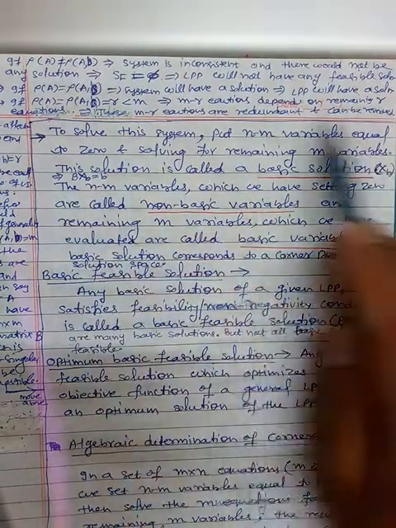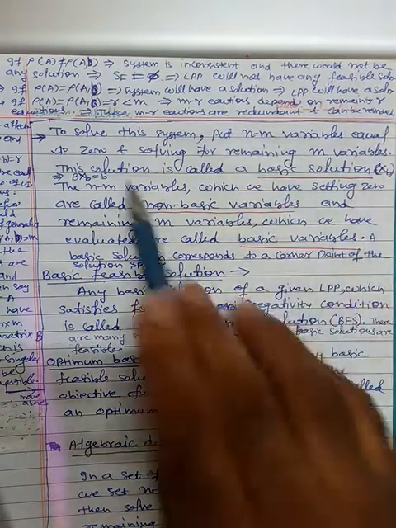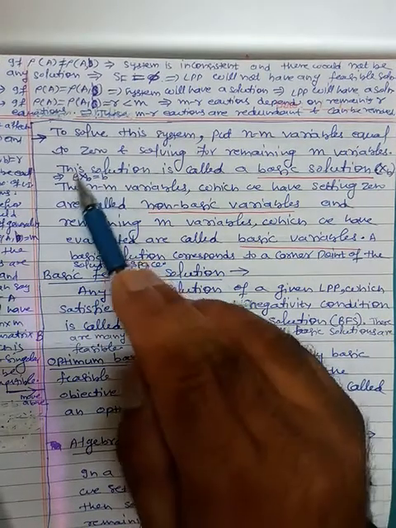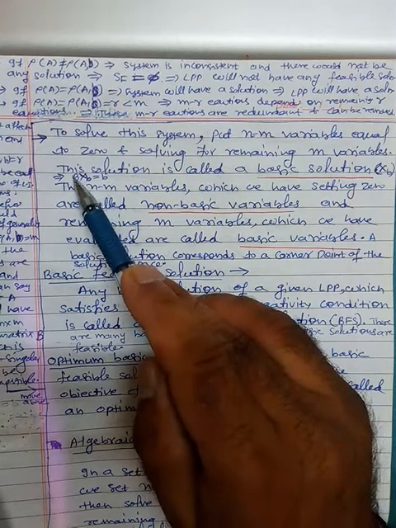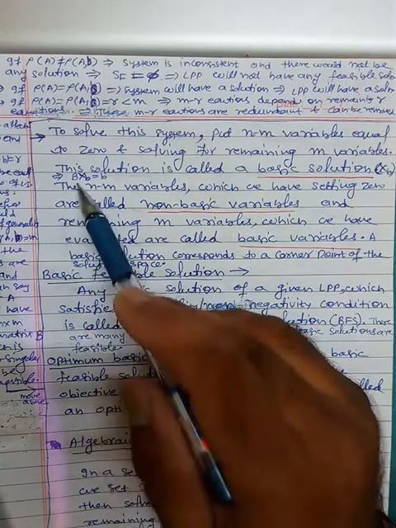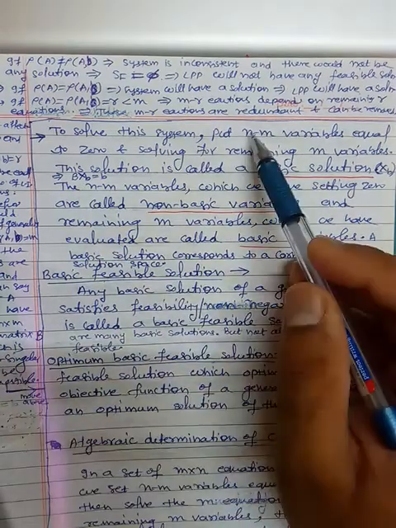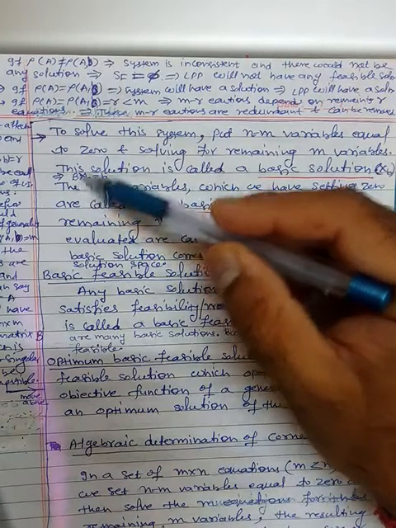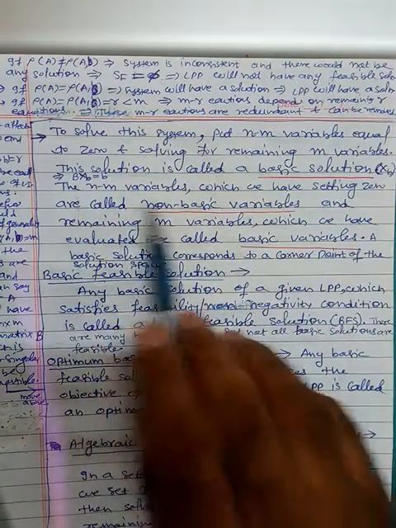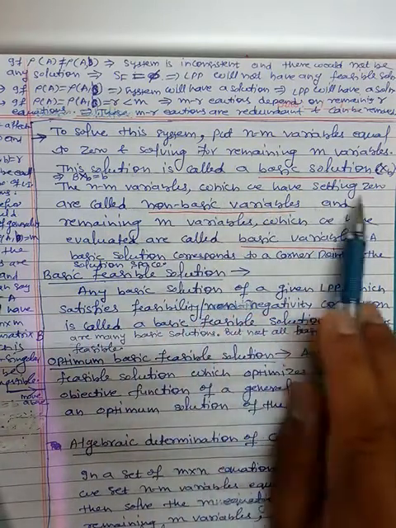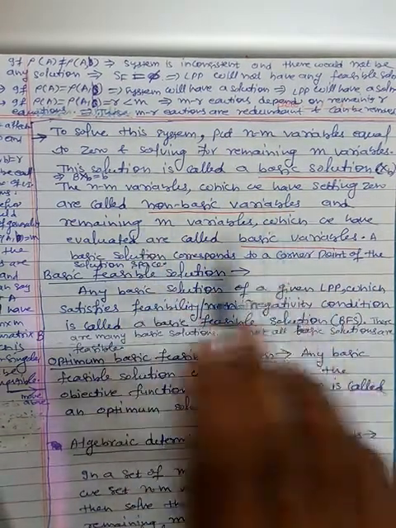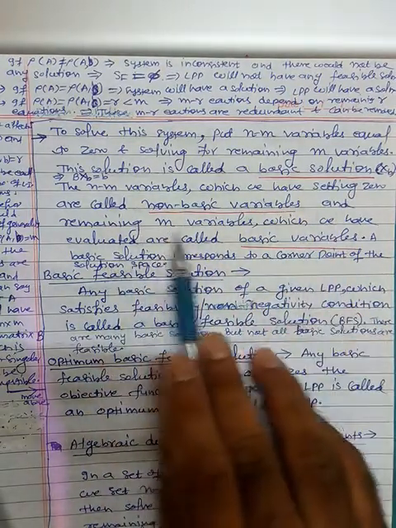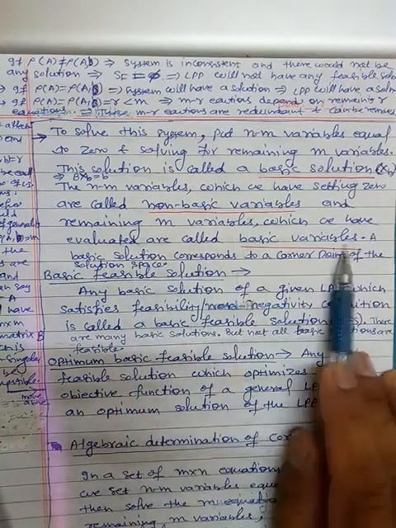The solution you obtain after putting n minus m variables as 0 is known as the basic solution and denoted by say x_B. So Bx_B will be b. In place of A we have B, because in A we have to assign certain columns as 0, since some variables have been set to 0, so their columns also become 0. So we have only the reduced dimension matrix B. Okay, so the n minus m variables which we have set as 0 are called non-basic variables, and the remaining m variables which we have evaluated are called basic variables.